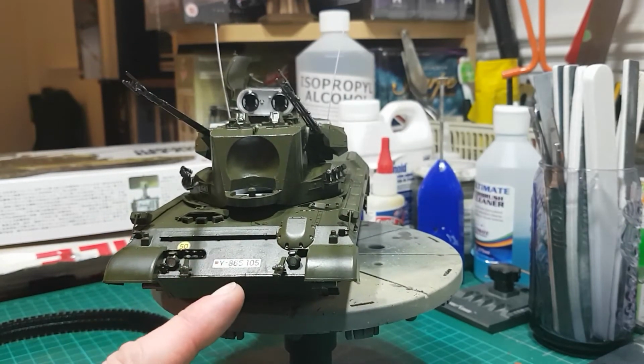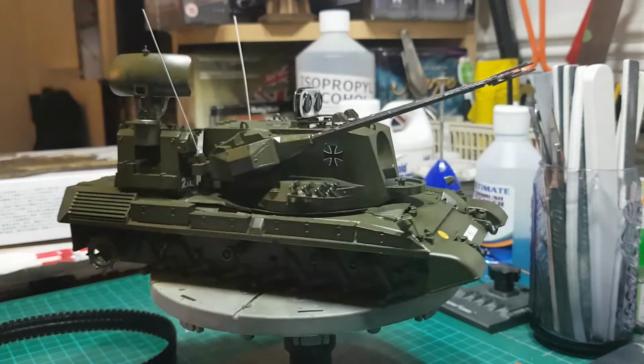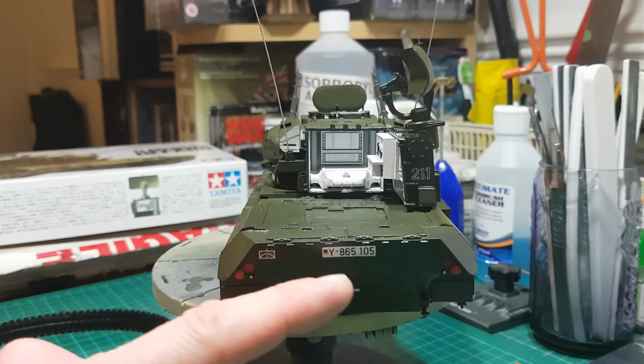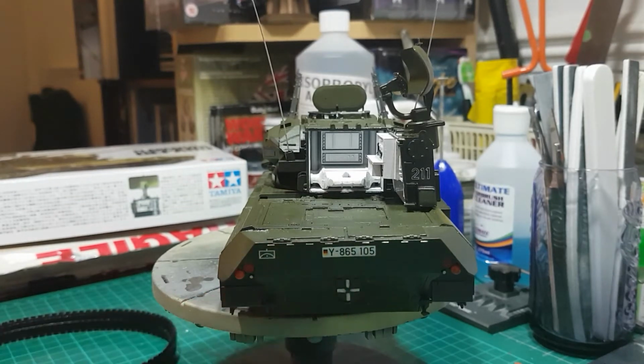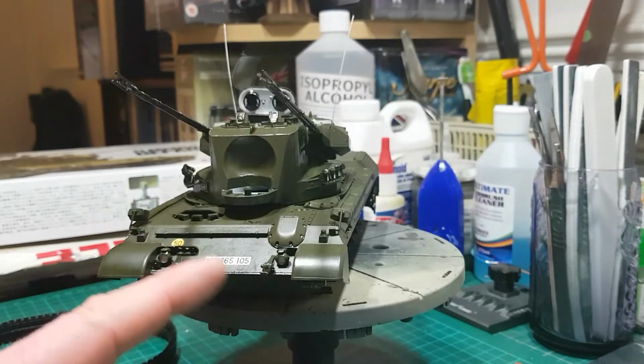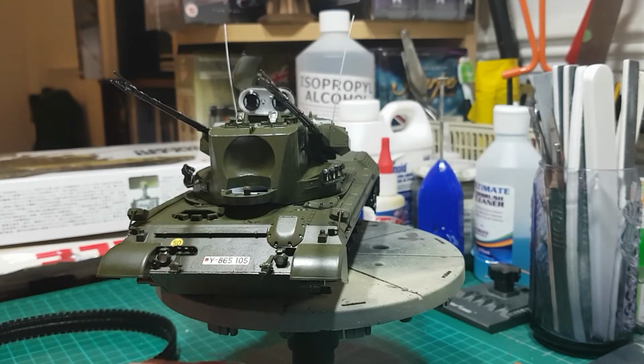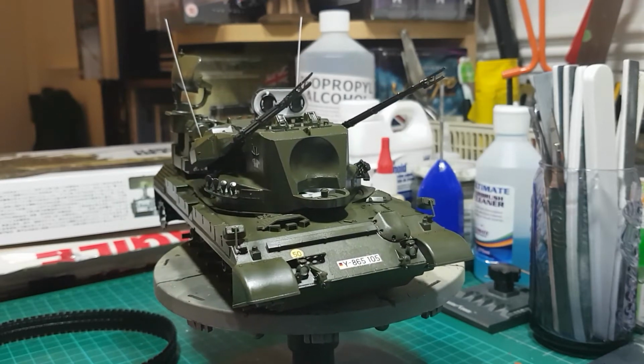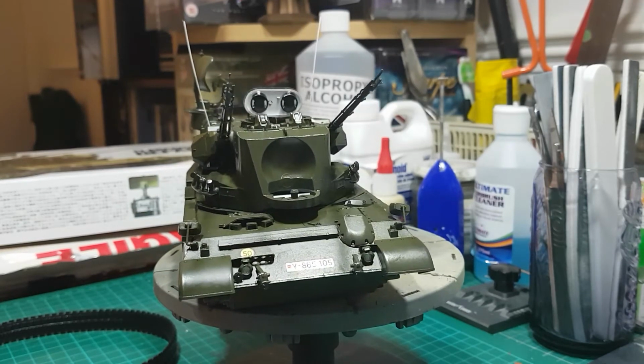Yeah, I did have fun and games with the number plate on the front here, and also the one at the rear, which you see here as well, because obviously some of the paint had actually got onto the paper. It was a devil's own job to remove it from the backing paper when it came to wetting the decals. In fact, both that one and that one cracked at the end, and with a lot of swearing, a lot of cursing, and a lot of application of Microsol and Microset, I managed to get them